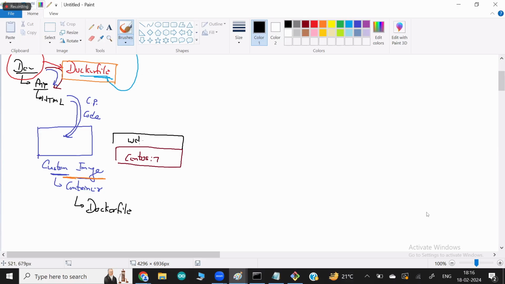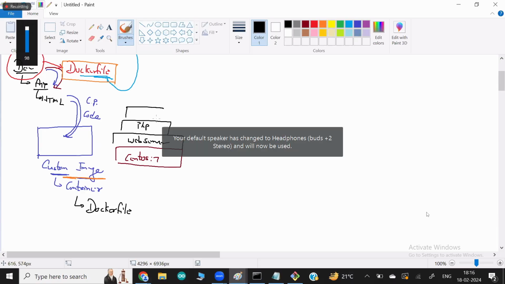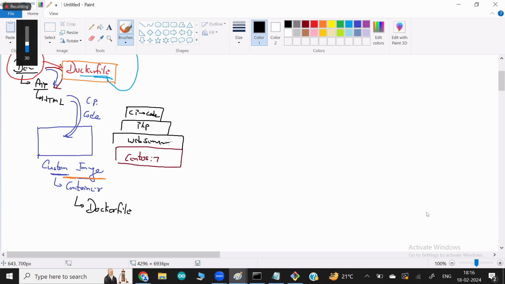So they have to set up the web server, which one, which version. Then if this code is Python or PHP, they install that library. Let's say this code is in PHP, for example, they have to install the PHP interpreter. And then on the top of this, they have to copy the code. All this information